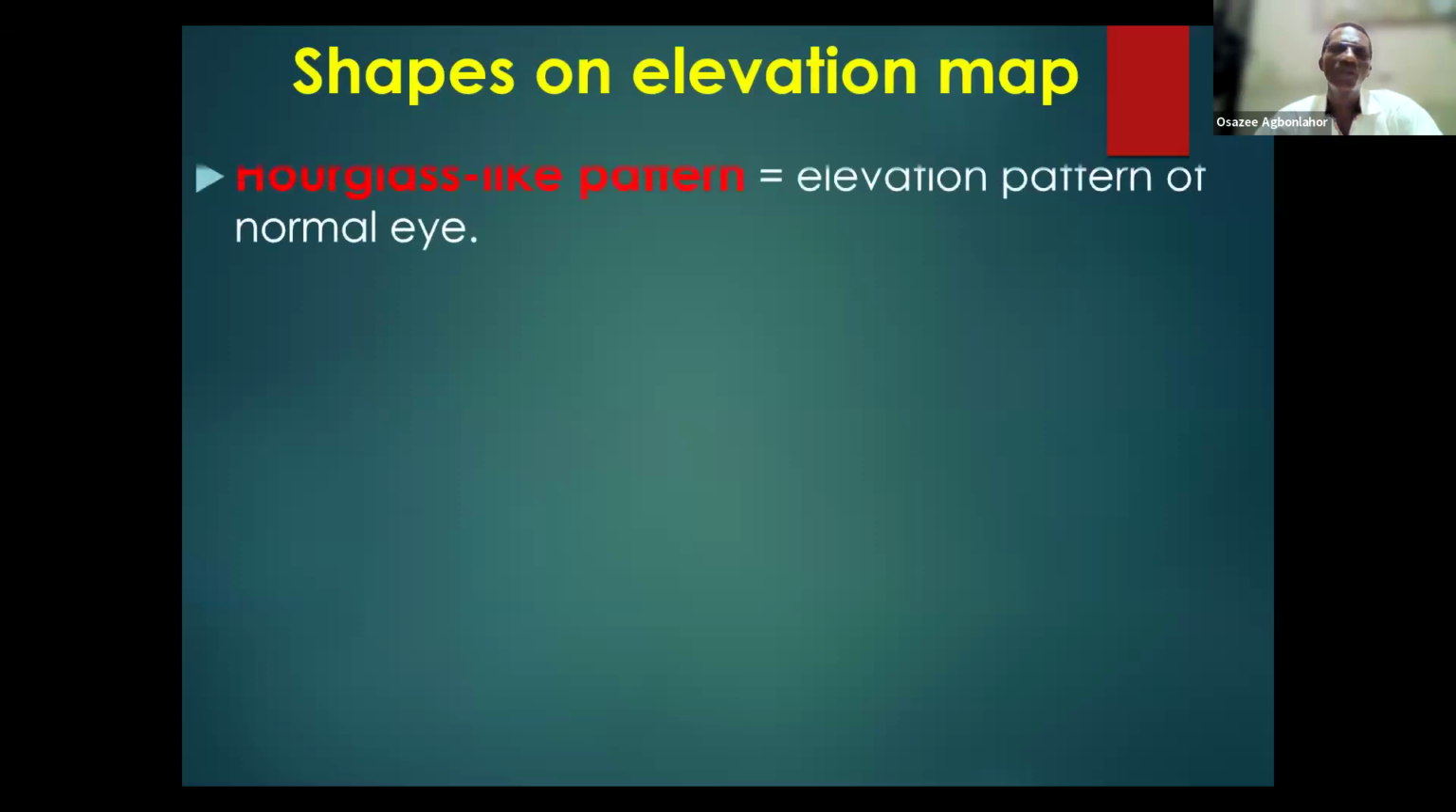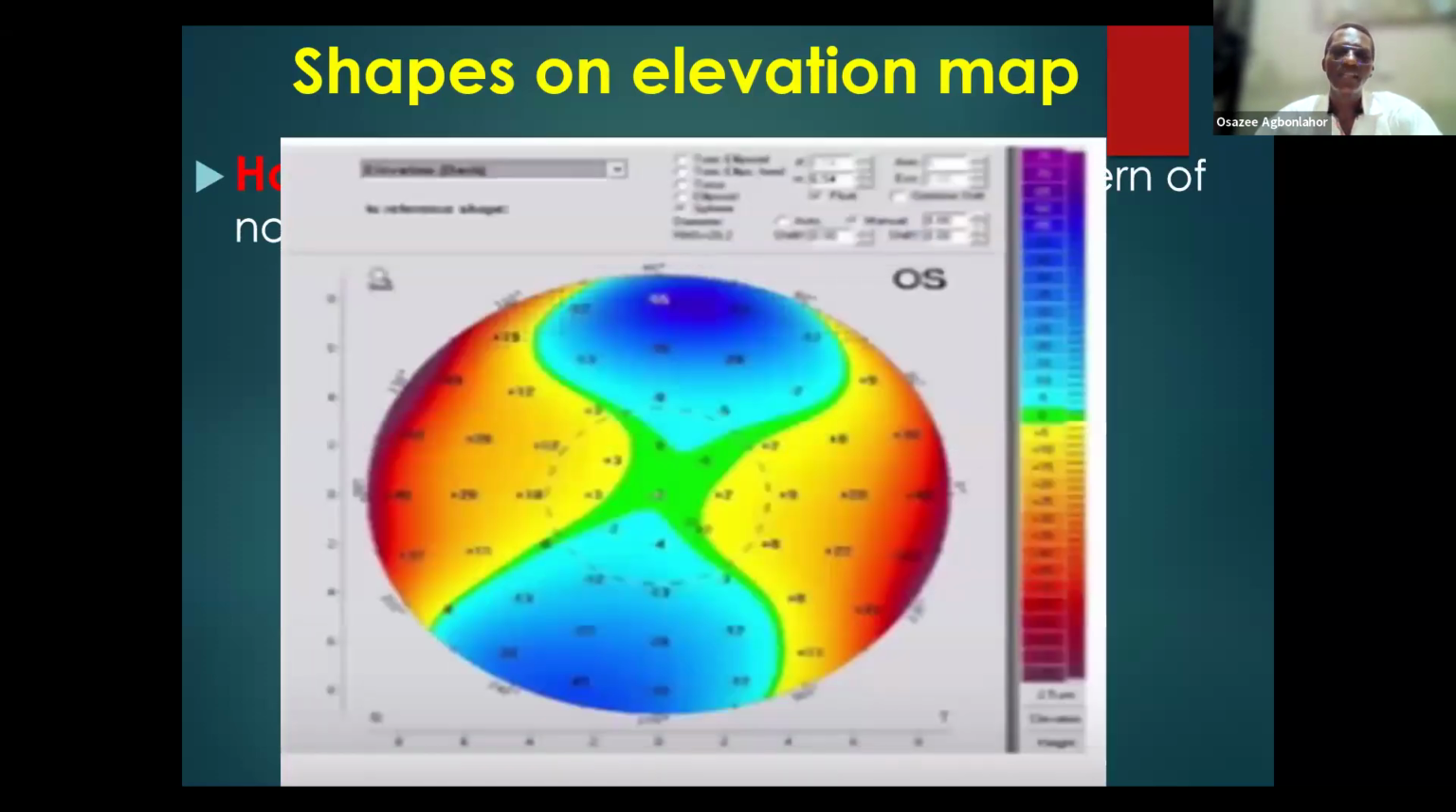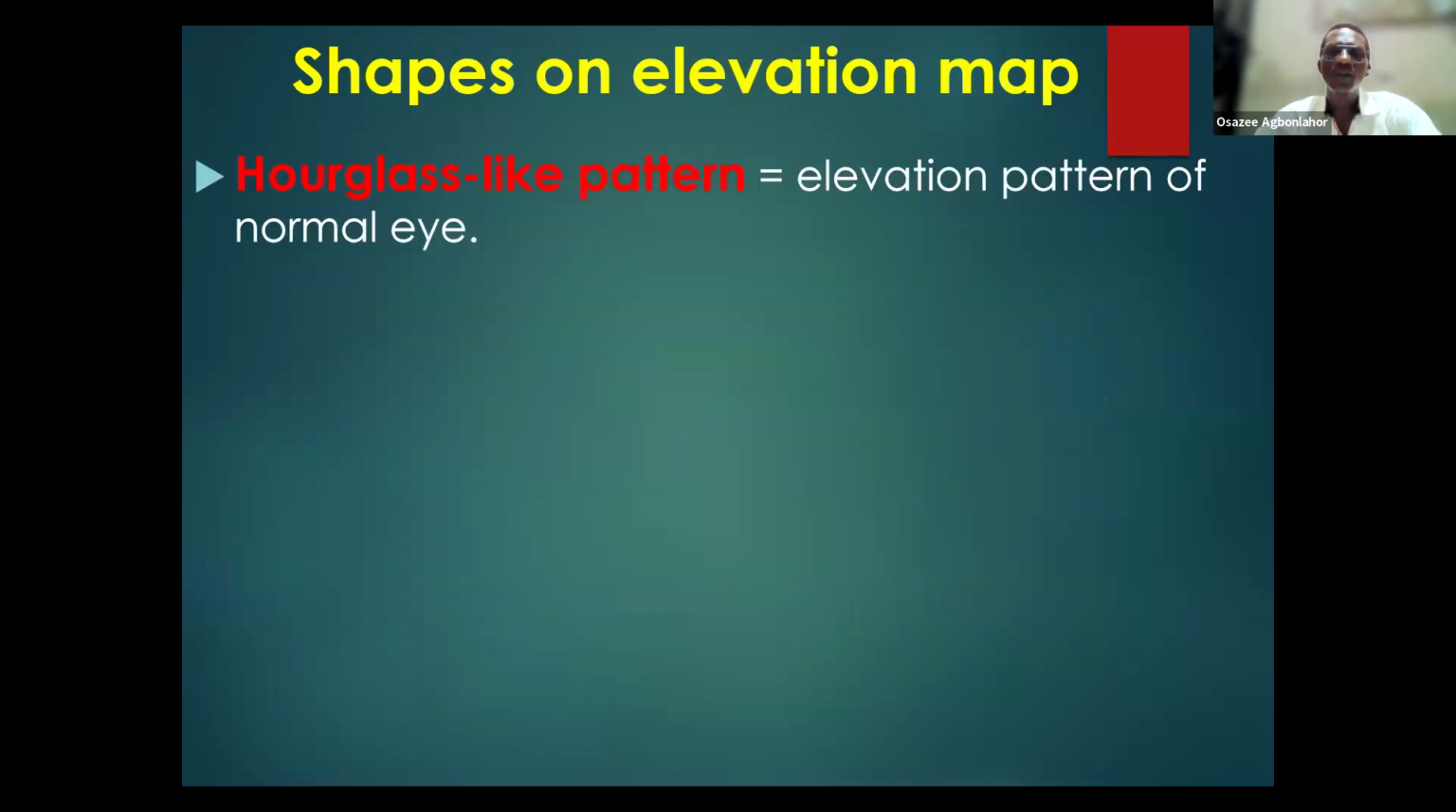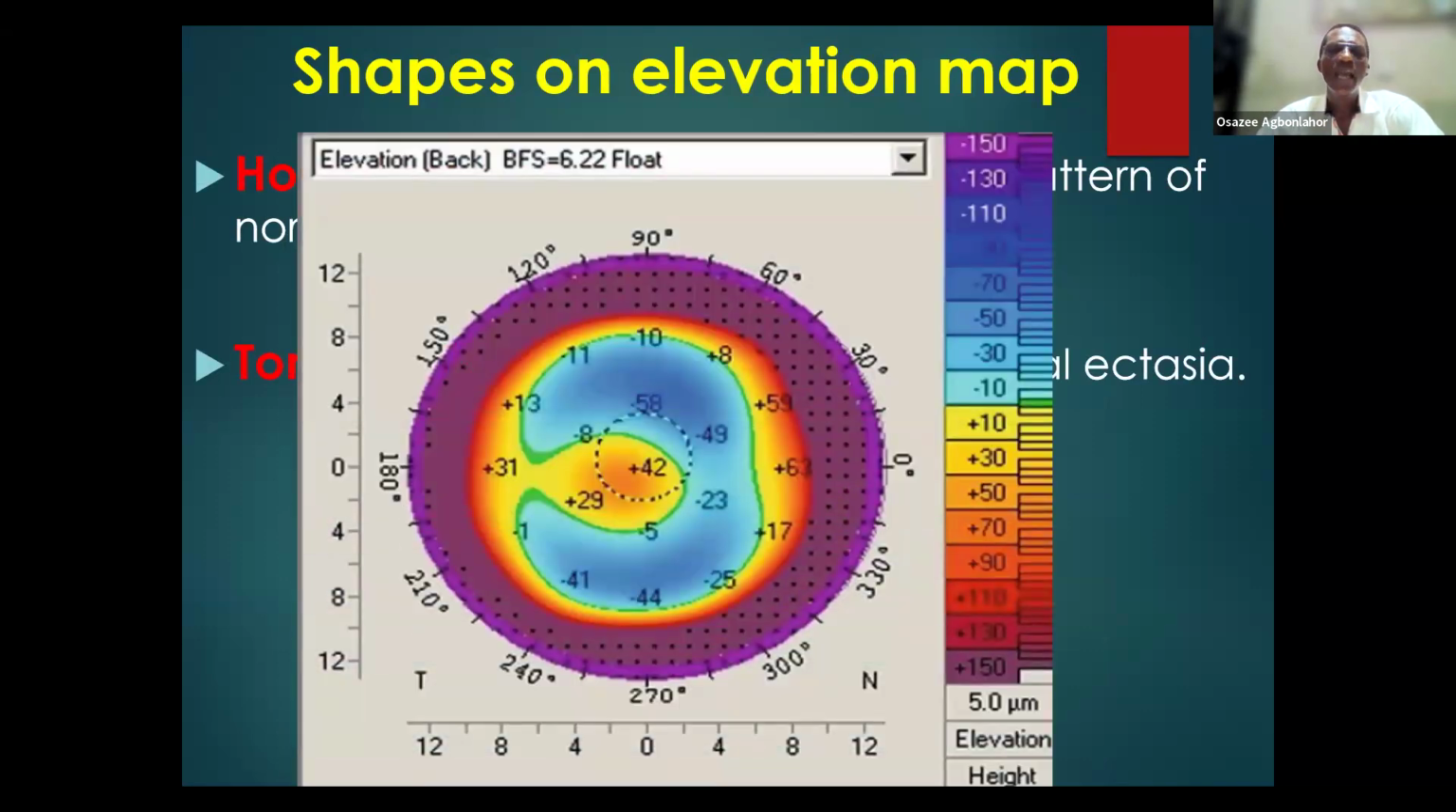Remember that's the principle of using computers. Whatever you put in is what it gives you. Now let's look at the shapes of elevation maps. One shape is your hourglass pattern, as is seen in this picture here, usually found in an astigmatic eye, but still a normal eye because astigmatism is a normal shape of the eye. Okay, but you just have some areas that are steeper or more curved than the others. You also have what we call the tongue-like pattern. This is usually seen in an abnormal case. So when you see an elevation map in this manner, it's usually